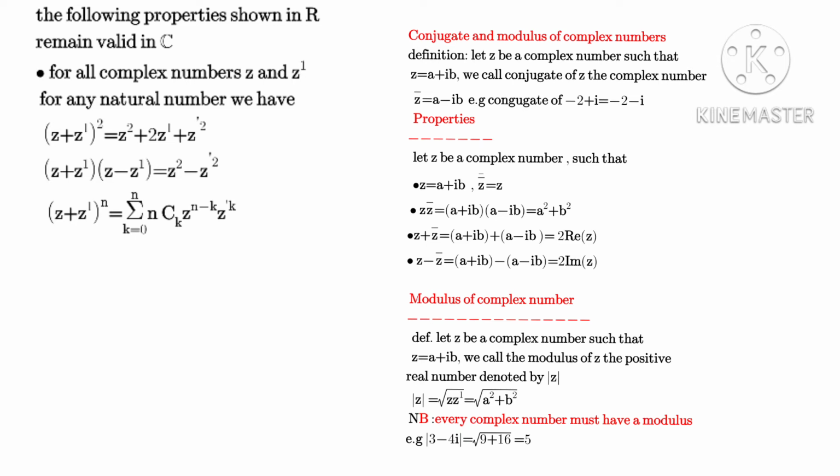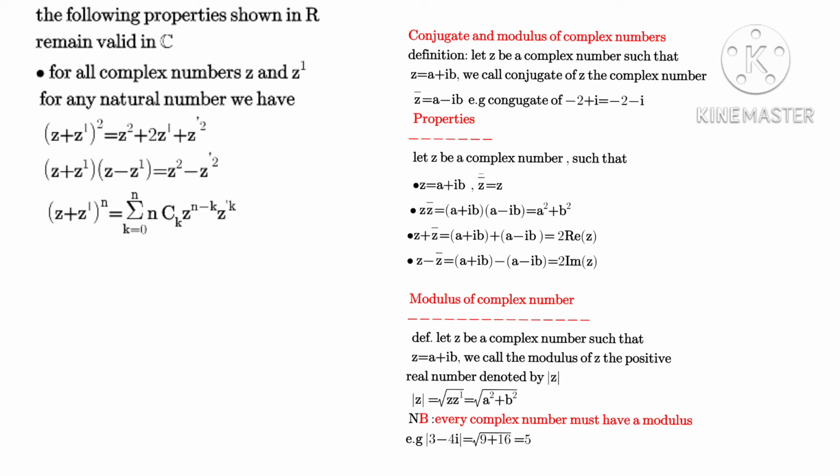Then we also have some other properties. Property 1, the conjugate of z bar, that is, having 2 bars, is still the same thing as z. So when you take the conjugate twice, you come back to z. Then z times z bar, we have it to be a squared plus b squared. Then z plus z bar, we have it to be